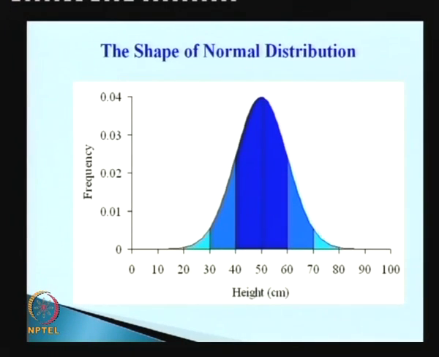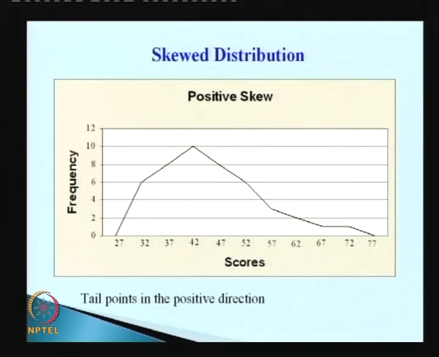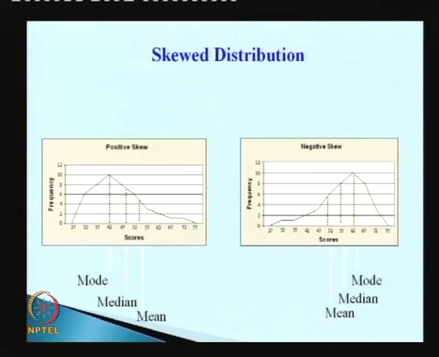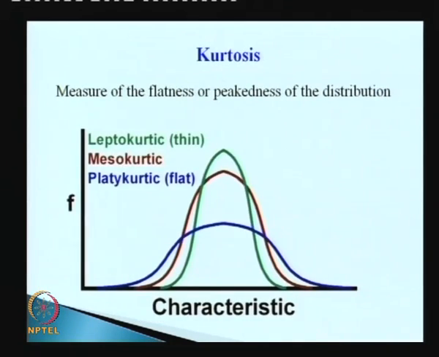So, this is another shape of the normal distribution. This is a positively skewed distribution, and this is a negatively skewed distribution, and this is the case for both distributions altogether, right. So, now last